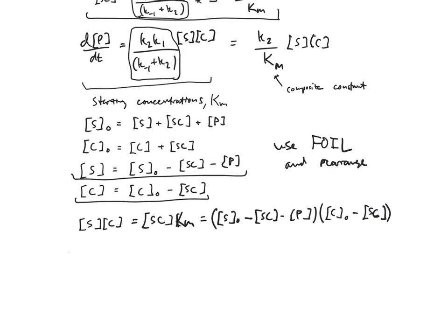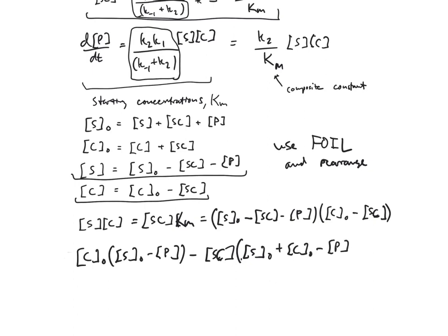And I'm not going to go through all the steps. I'm just going to give you the final result. But if you want to take a little bit of time and attempt it yourself, then be my guest. Feel free to. It's probably what I would do, to be honest, if I was first learning this stuff. It becomes starting concentration of C, starting concentration of S minus concentration of P minus SC, starting concentration of S plus starting concentration of C minus concentration of P plus that Michaelis constant,